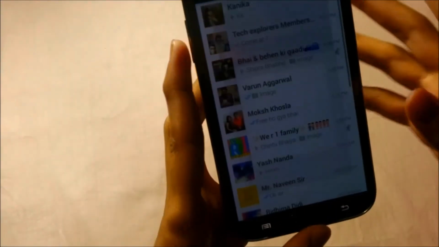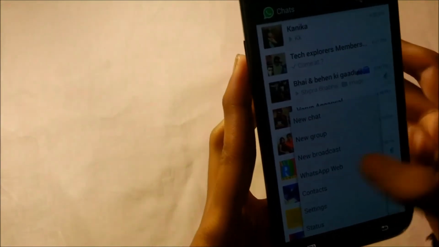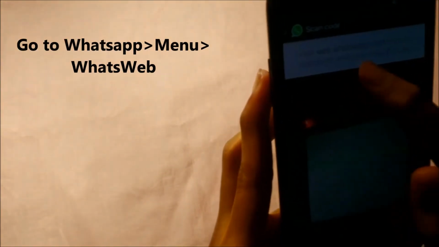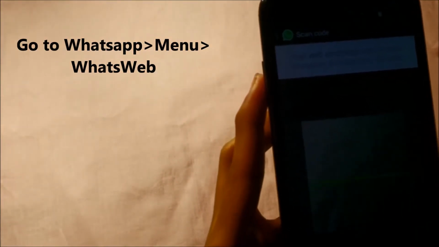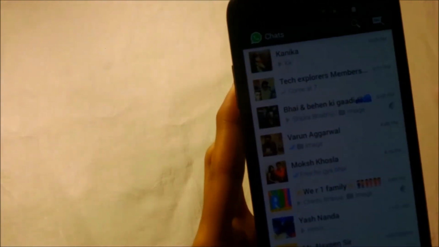So I think you just have to go to web.whatsapp.com on your Google Chrome. It's available on it. You can go via your laptop or computer, as you can see. So I think I have to show you on my laptop. I have my laptop. I will show you in a bit, but I want to tell you one thing.